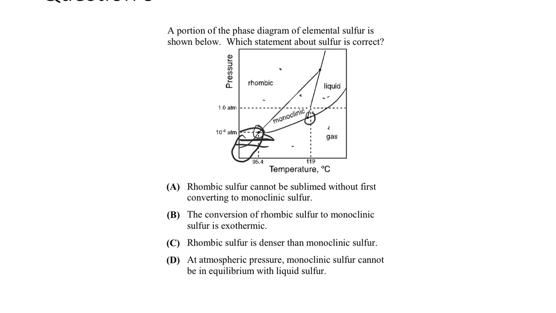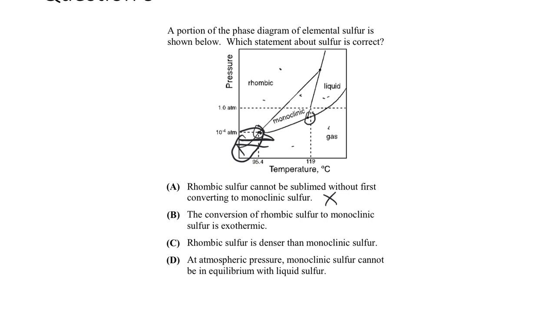And so for rhombic sulfur to sublime, it's going to go below the triple point there. So rhombic sulfur can indeed sublime without first converting to monocyclic sulfur. At low enough pressures, it can interconvert to a gas directly without involving the monocyclic sulfur or whatever that is,